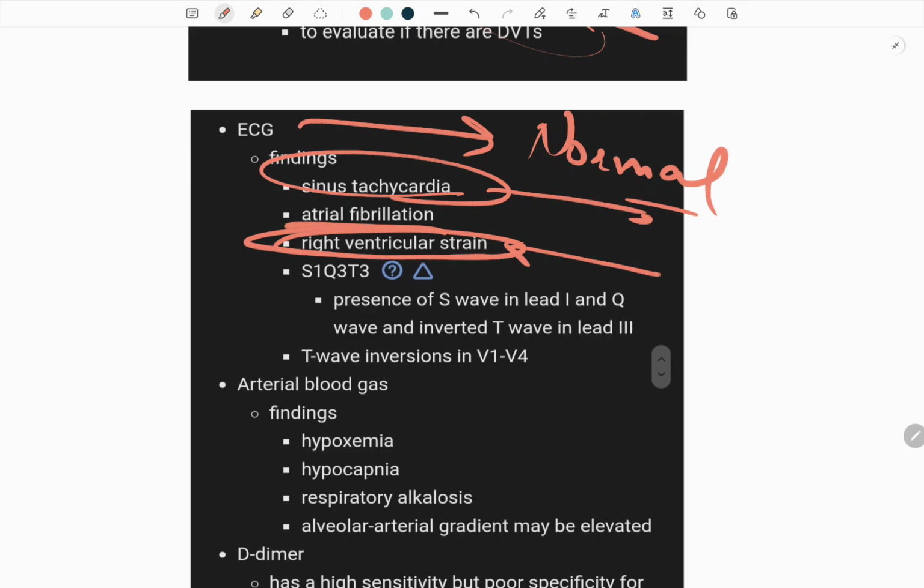And another specific finding, it is rare but it is usually tested in your exam: the S1Q3T3 finding. It is the presence of an S wave in lead 1, a Q wave and inverted T in lead 3. So it is S1Q3T3. It is the most specific finding and could be assessed on the exam, but the majority of the time the ECG can show sinus tachycardia or